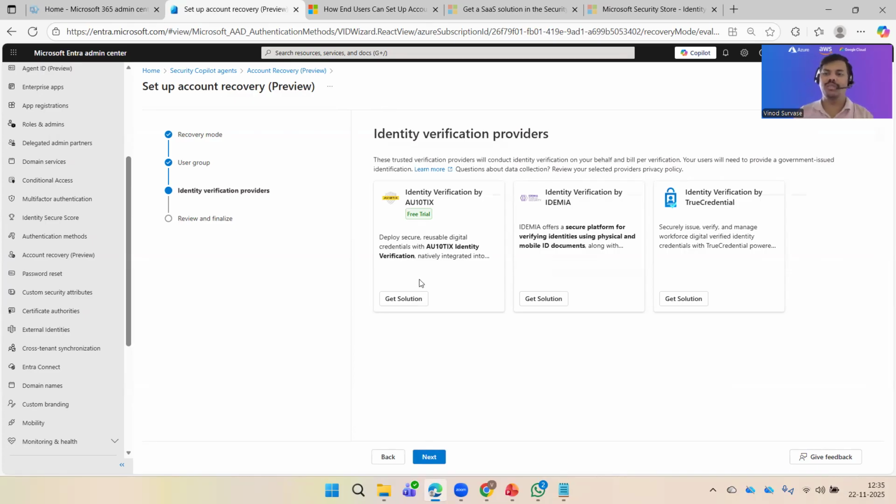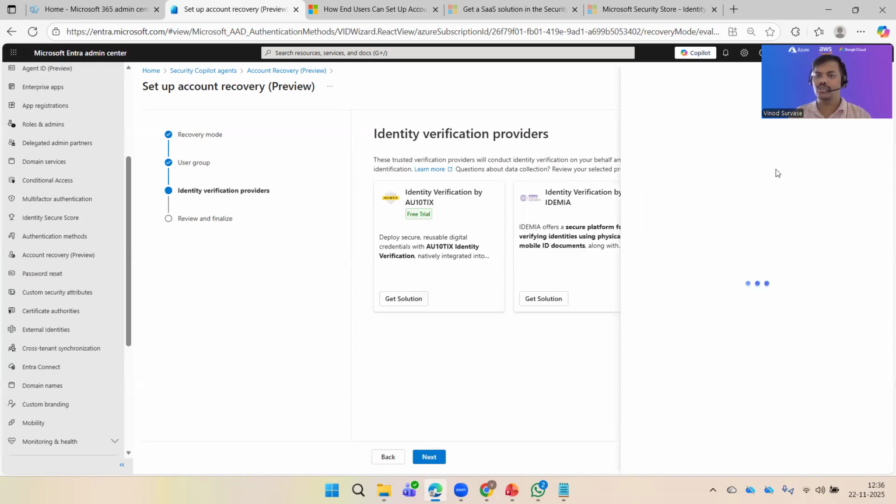Now, all of them are third-party service providers in this case, and you can leverage them for your identity verification purposes, right? Now, definitely this one is giving a free trial, and that can maybe give you 30 days or something, but these two are not giving that and you need to integrate them. So to integrate them, once we click on get solutions, it is going to show a small